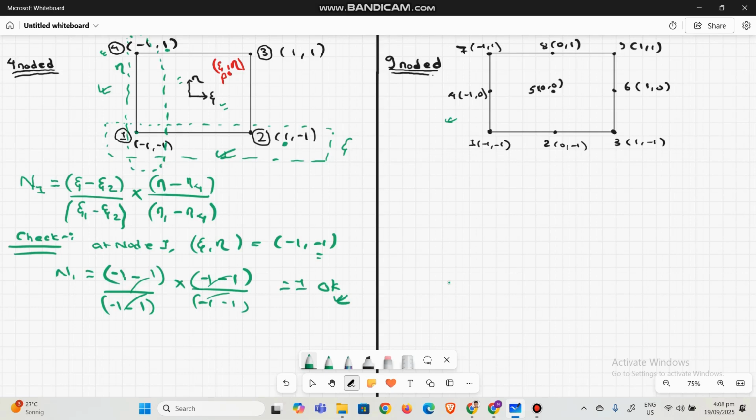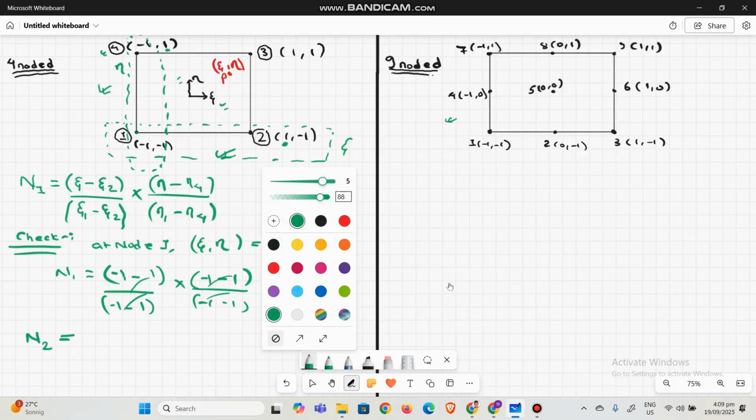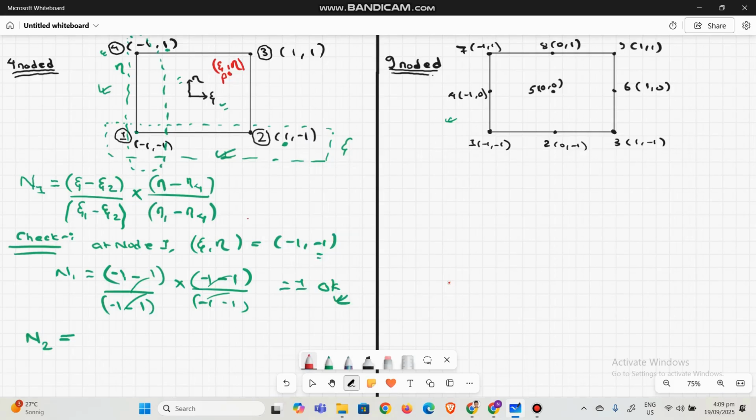Similarly, you can do it for n2 as well. So for n2, if you have to find the shape function for, let's say, node 2, then the first direction you are going to look is along this direction for xi, and for eta you are going to look at this direction. You are simply going to put the formula: xi minus xi1